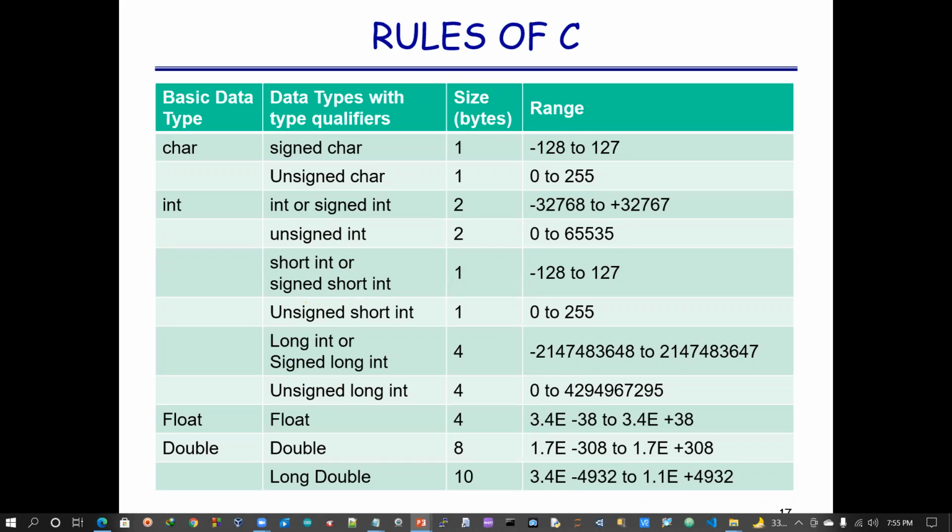If you are using short int, signed is hidden, meaning the system is taking signed. Or manually you can write signed short int. So both are the same. The size is 1 byte, so what is the range? Obviously minus 128 to 127, similar to the signed char on the top. Agree?